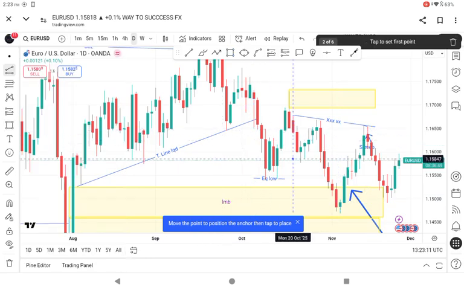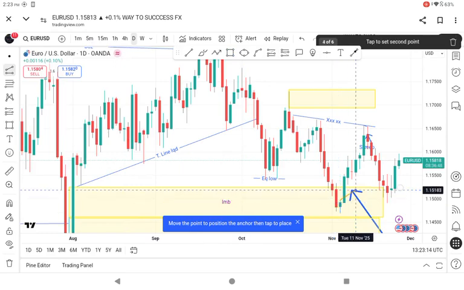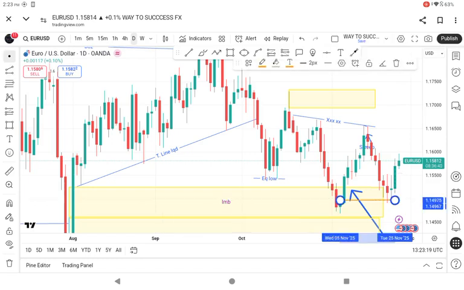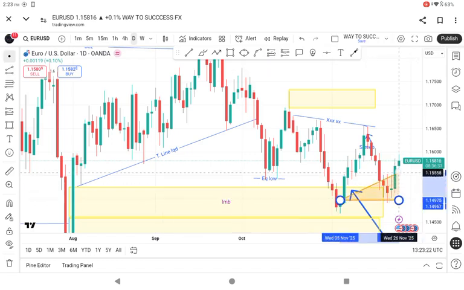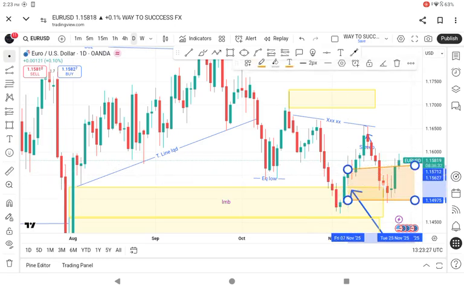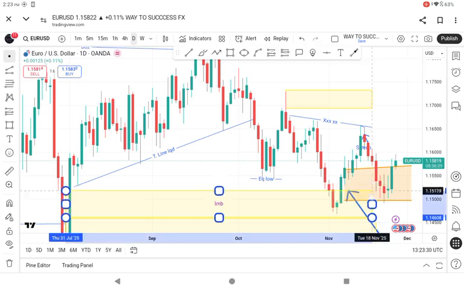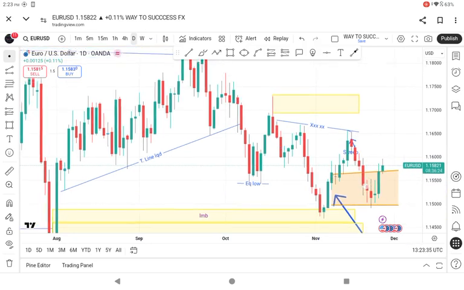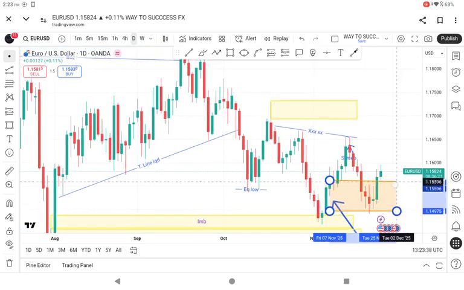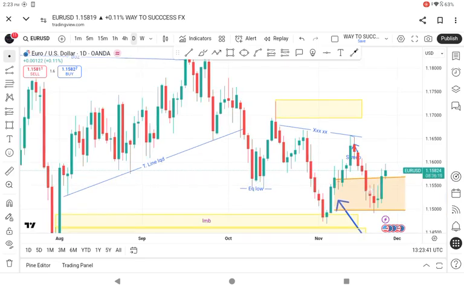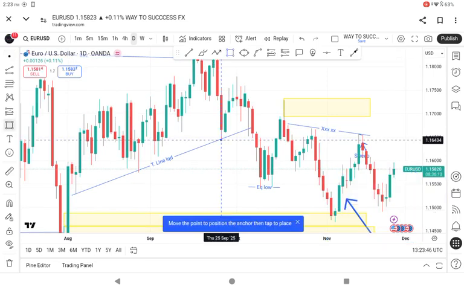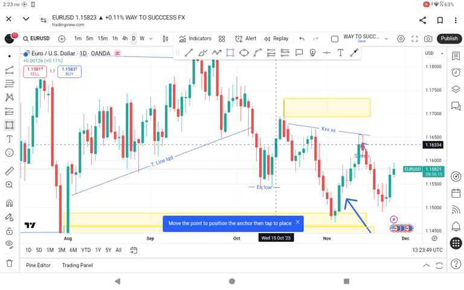It's not this one. Okay, it is. So price returned into this. No, it's not this one. I think it's this one. Okay, it is this one. Price returned into this imbalance. Now to make use of these tools. So let's forget about this, guys. Let's use this. So price returned into this imbalance here,